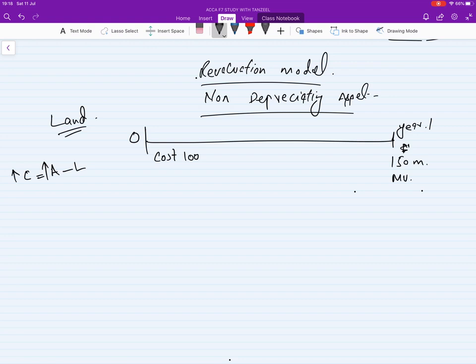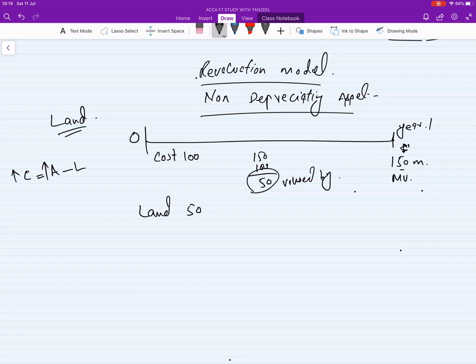The land value was increased by 50; 150 minus 100 means your property was revalued by 50, so you got a gain of 50. So the double entry would be: